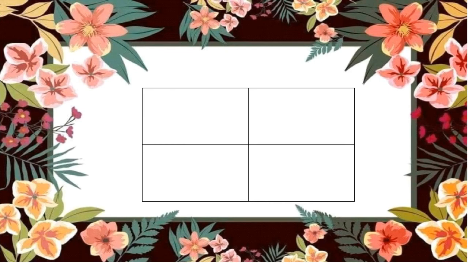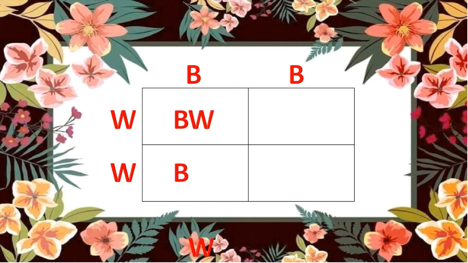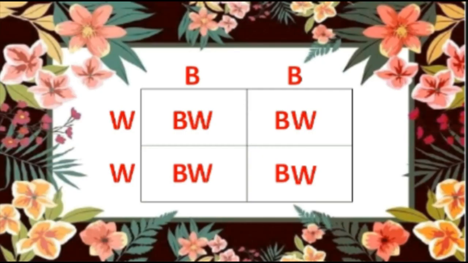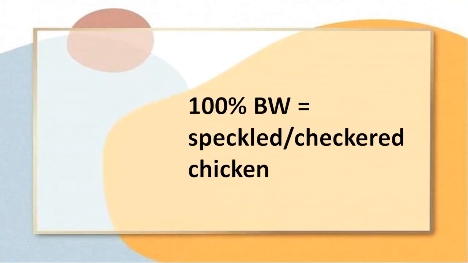So we start by bringing the alleles of the parents to their respective quadrants. Allele B is crossed with allele W, and the result is a genotype that is BW. B is crossed with W, and we get a genotype that is BW. Based on the result of the Punnett square, we can say that the offspring is 100% BW